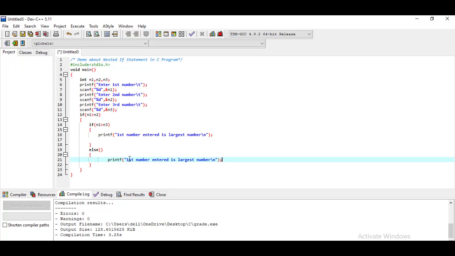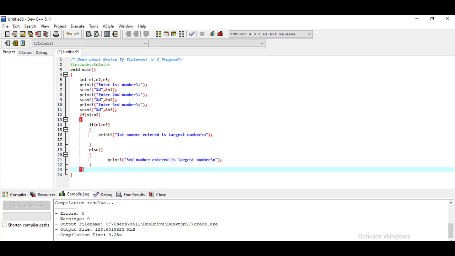In printf, I'm displaying that the third number entered is the largest number. Okay, so here it is.